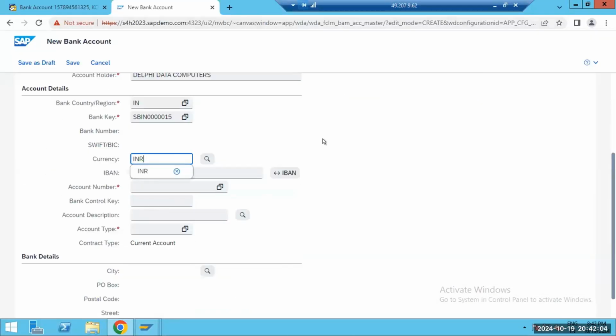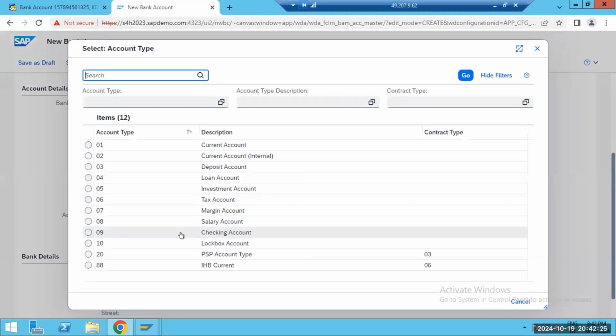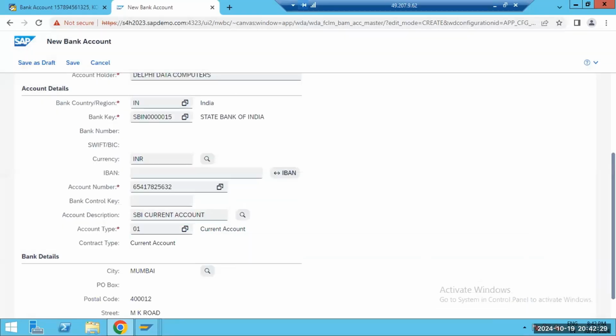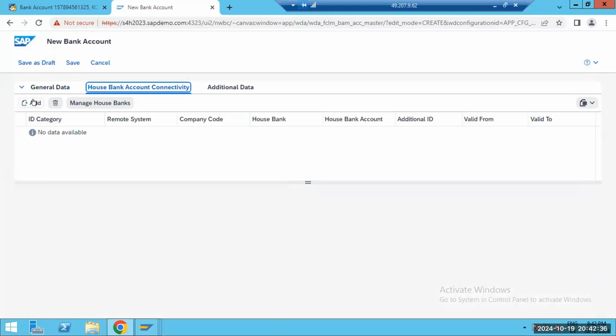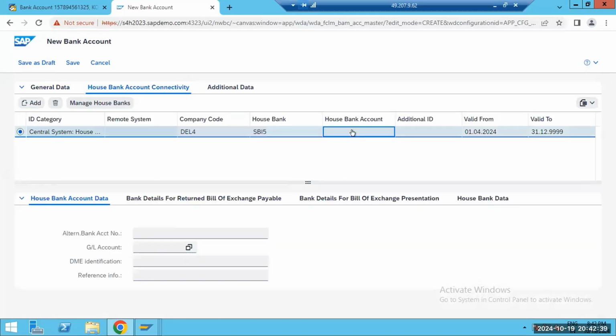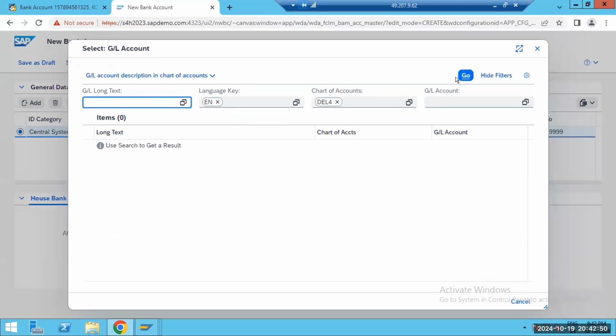Then currency INR, bank account number, then description SBI current account, account type, current account, then scroll up, house bank account connectivity, add SBI 5. Here also you need to assign the GL account, enter your chart of account, then click on go,